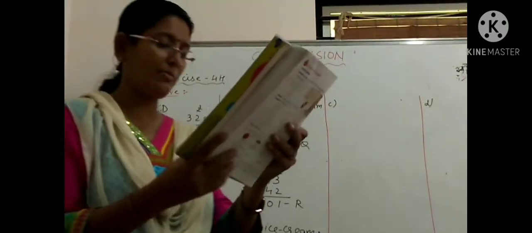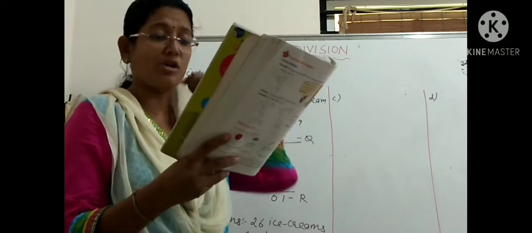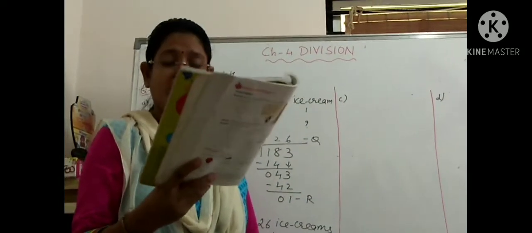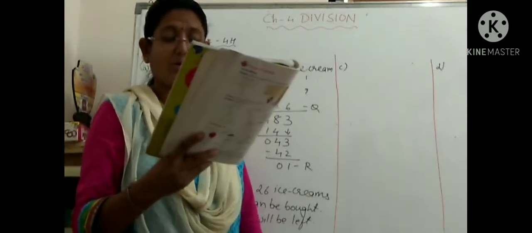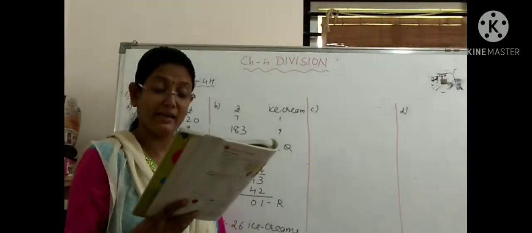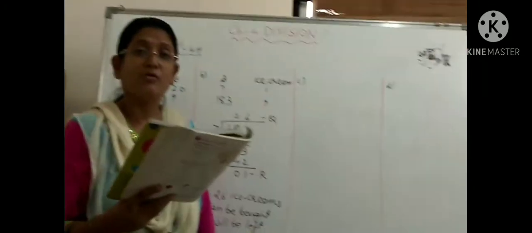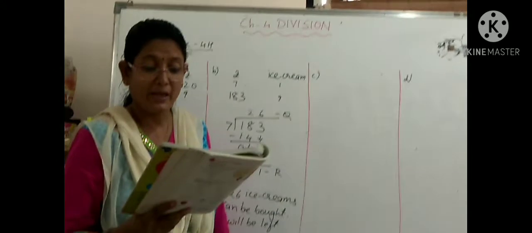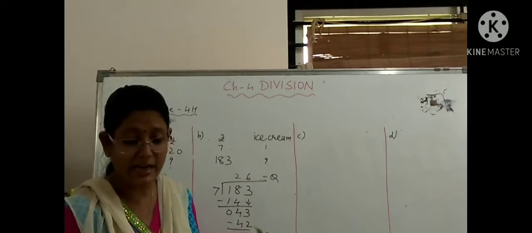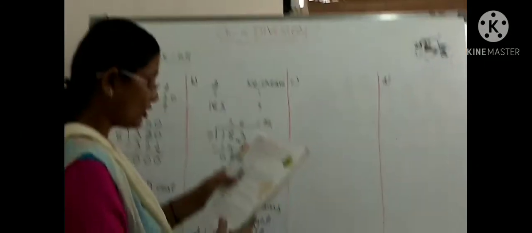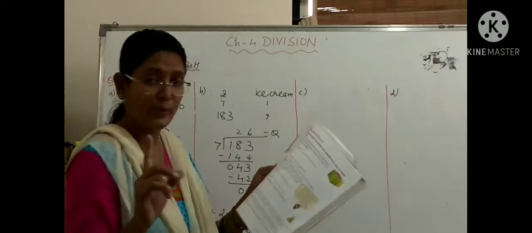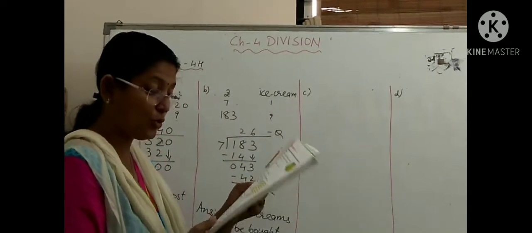Let us go to the next sum. Children share the cost of buying decorations for their friend's birthday. Now one of your friends might be having a birthday. In the same way, here one friend is having a birthday and 4 children are sharing the cost of buying the decorations. If the decoration costs rupees 87, how much does each child have to pay? So here what you have to do: one word is rupees and the second is 4 children.